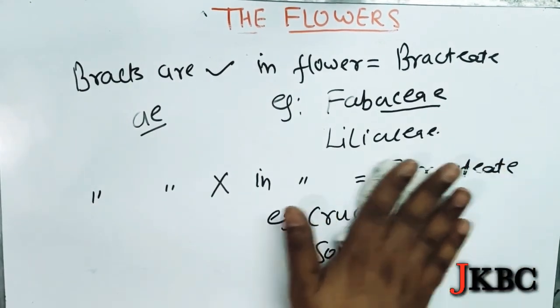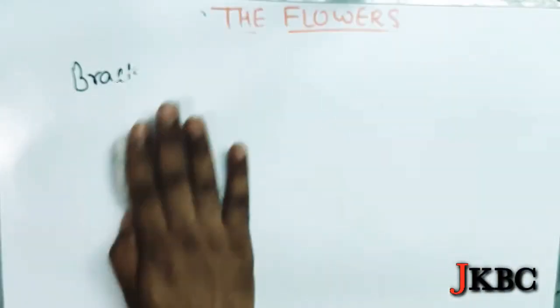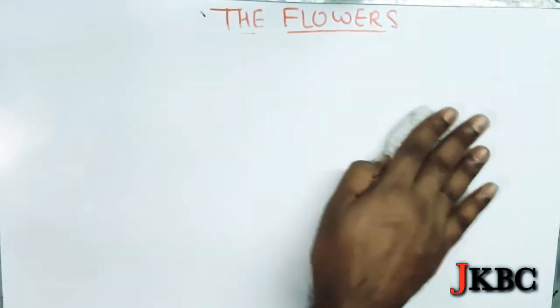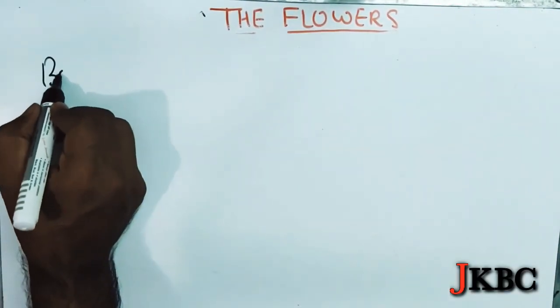If you know about that, the flower has two accessory parts and two reproductive parts. The two accessory parts are the calyx and corolla, and the two reproductive parts are the androecium and gynoecium. These are the necessary whorls, the androecium and gynoecium. If both necessary whorls are present,